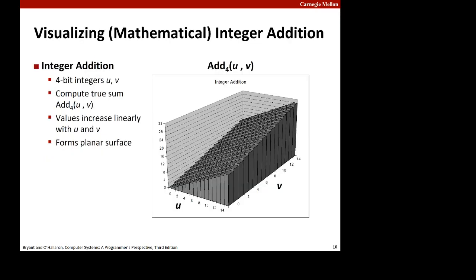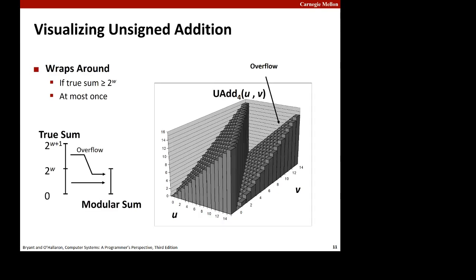So if I think of the possible range of values that these numbers could have along the x and y axes, and then the sum of the values on the z, then normal addition would give you this diagonal plane, because it's the definition of a linear function. But if I go to 2's complement addition, to unsigned addition, what you see is it splits into these two regions, each of which has a plane. And the left-hand part shows where